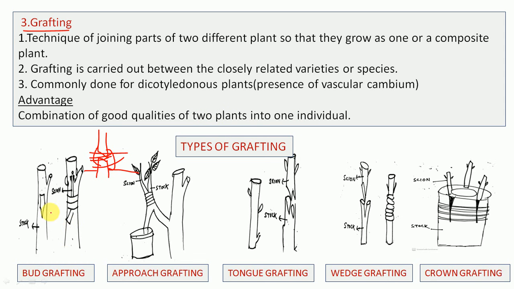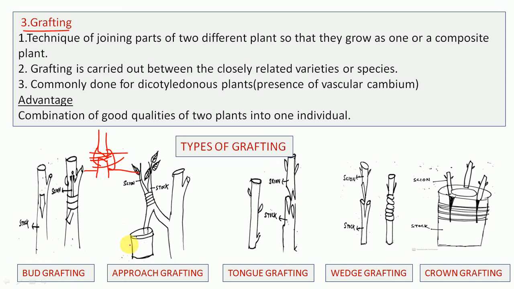So here we can say, suppose, we can take the example of rose. Okay, we can take the wild variety of rose, which is disease resistant and grows faster, but the flower is not that beautiful. But if along with that you do grafting with a good looking flower, then in the same plant we get a disease resistant, fast growing as well as beautiful flowering plant in a single plant. That is the advantage of grafting.